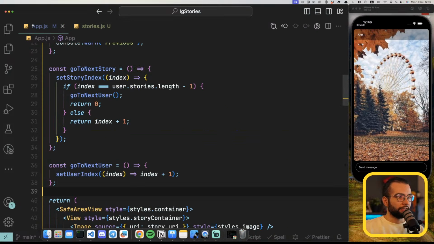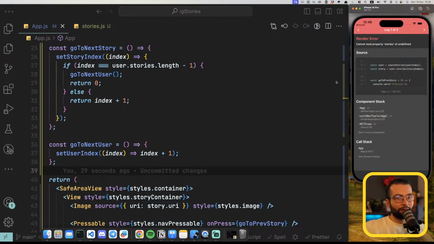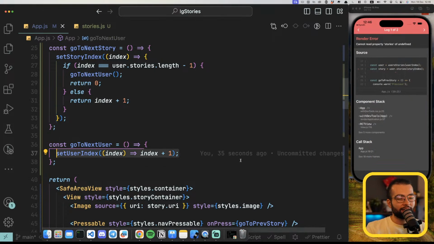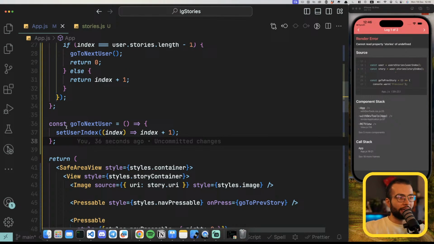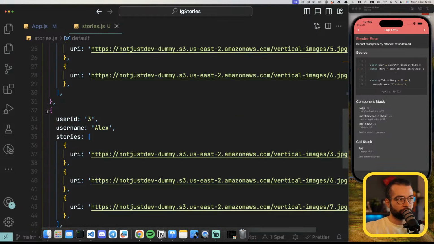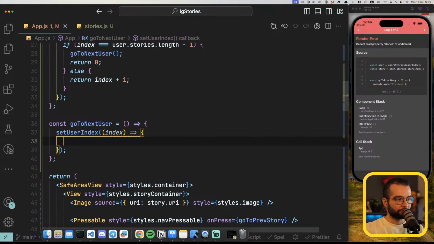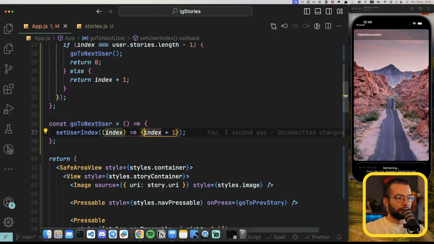So go forward works. But we can still get outside of this array when we increase the user index to a value more than we currently have users. So what I'm gonna do, I'm gonna add some logic here as well by